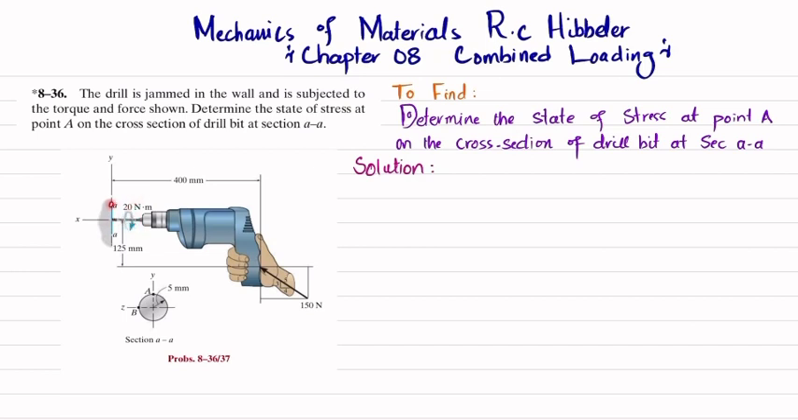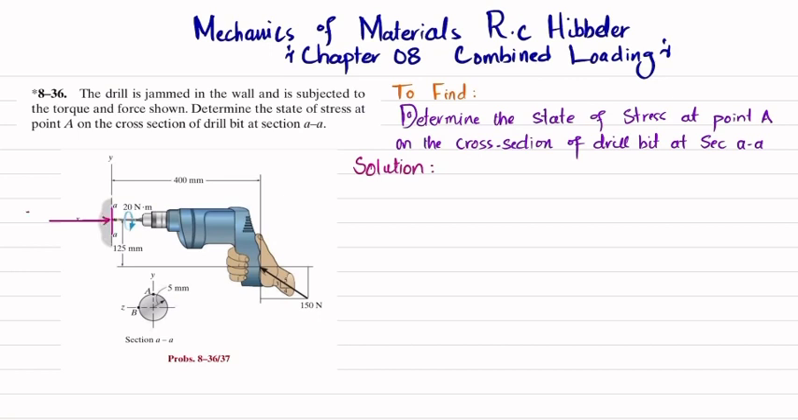So you have to find the state of stress at point A. This is the cross section of the drill bit. So let's start with the solution. The first step is that if you cut it along section AA, you will definitely have a reaction force